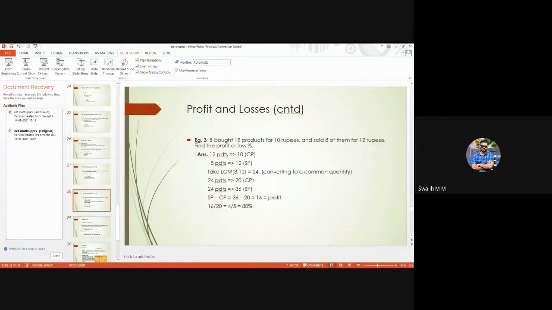And if you convert both these 12 and 8 into 24, it would be much easier to calculate. Otherwise, this would become fractions and all. If you take in terms of 12, 8 would become confusing. Or if you take this cost price in terms of 8, that would also be a little bit more confusing. It would take a lot more time. So instead, you can do it in terms of a bigger whole number, that is the LCM of both the numbers, that is 24. I hope you all know how to take LCM as well. That also you need to learn by yourself. This is basic maths, which we all should know.